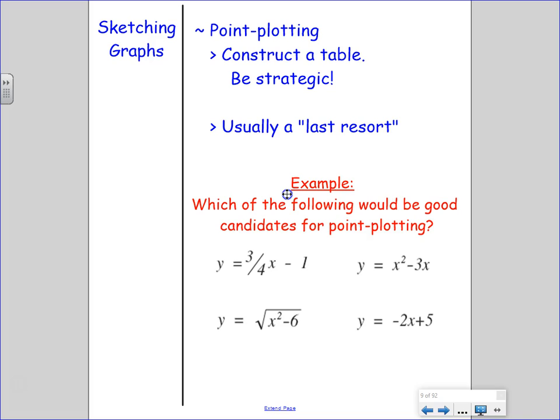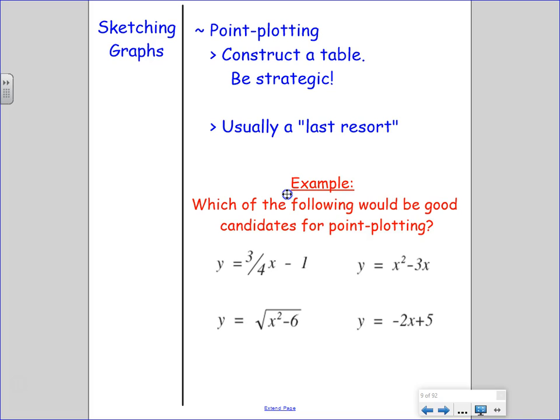So, you're going to have to review some things like how to graph a line, maybe even how to graph a parabola. However, I want to remind you, just because we're not going to review logarithmic functions and exponential functions and square root functions and rational functions with denominators with x's down there,